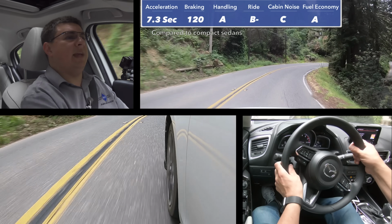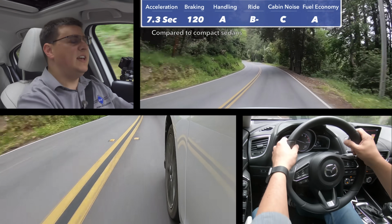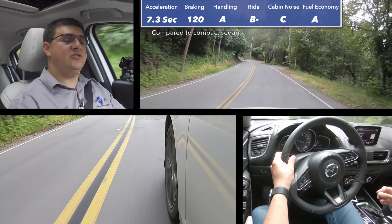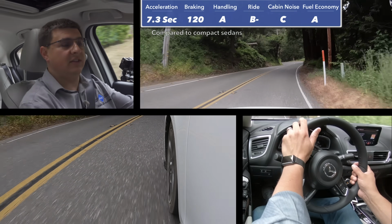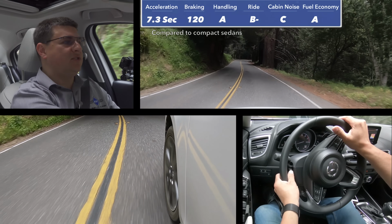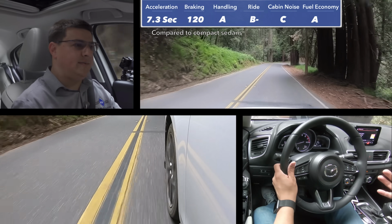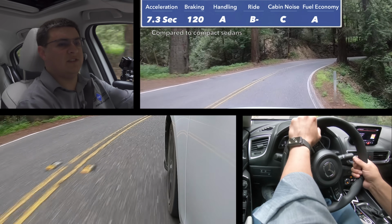The power delivery from the engine is very linear, and that's something that we don't see in the turbocharged competition. The 6-speed automatic transmission has very definite shifts. It feels a little bit more like a dual clutch transmission, even though it is a traditional automatic. And we don't have a continuously variable transmission or a 10-speed or an 8-speed transmission. We only have those 6 gear ratios, so it's a little bit easier for this transmission to find the right